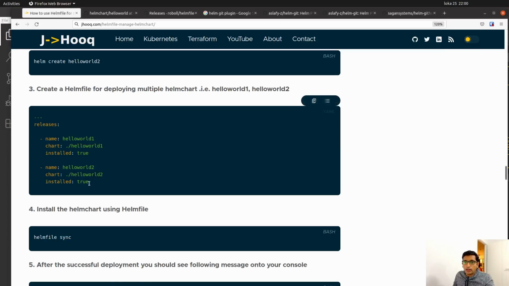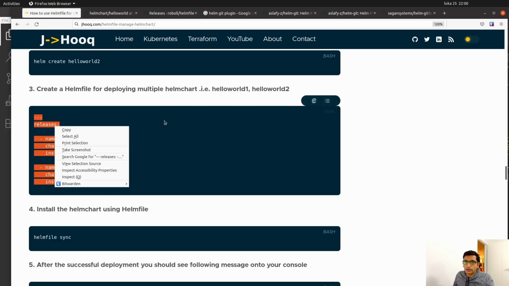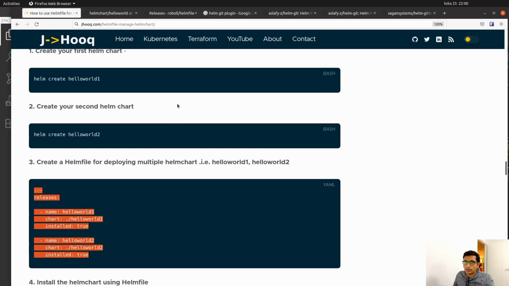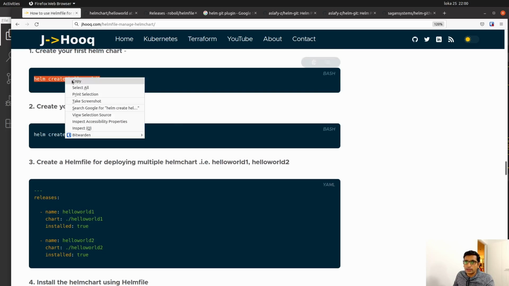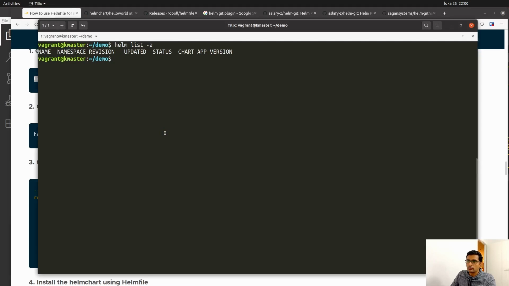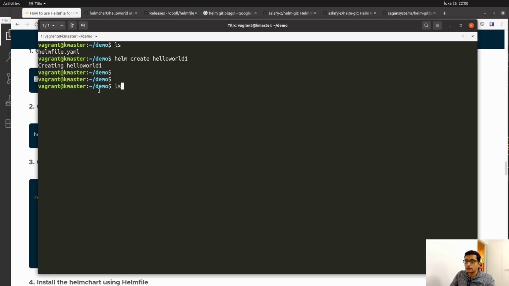Okay, I'm just gonna copy this configuration from here. Sorry, we need to create the Helm charts first. So first of all, let's create the hello world Helm chart. I'll clear the screen, and here you can see we have only the Helmfile. We don't have any Helm chart created earlier. So I'll just paste the command, and now we have created our first hello world Helm chart